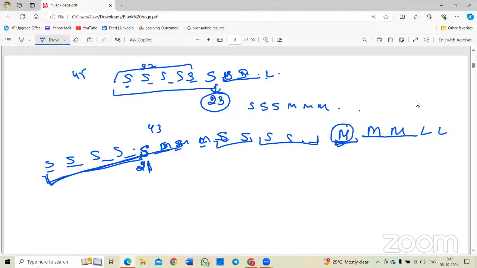Ma'am, could you please explain the medium part, that if medium is the median of the data, then 21 is the median, right? Yes, ma'am. Okay, see, in median, we first of all sort the data, right? We are having 4 sizes here: small, medium, large, and XL. So before median, we should be having small sizes as well, right? It is not given how many small sizes are there and how many medium sizes